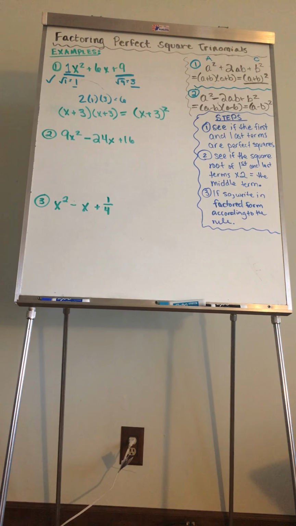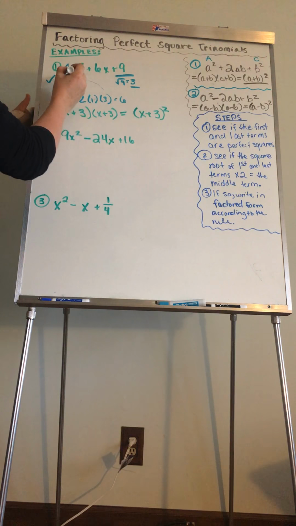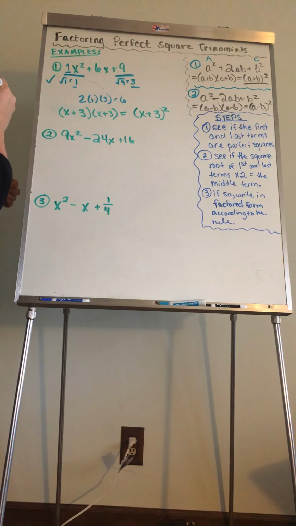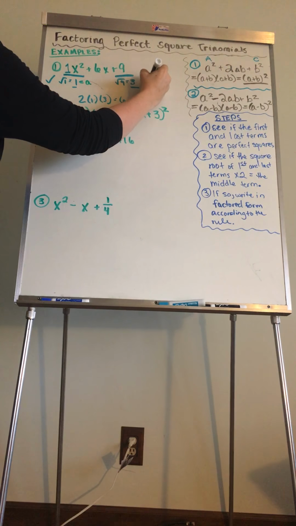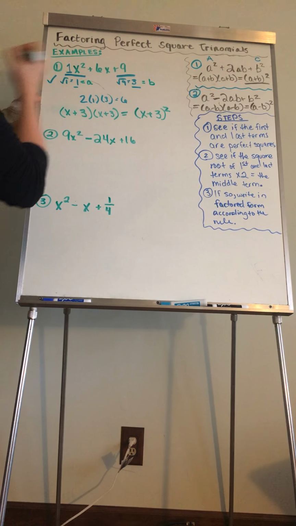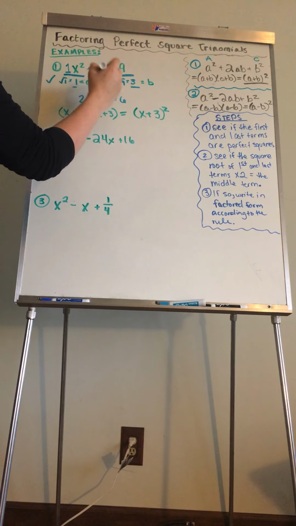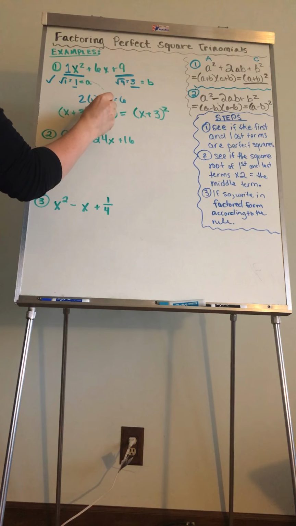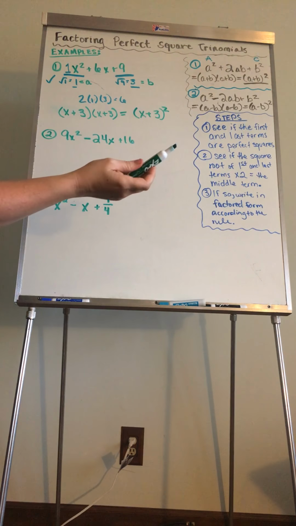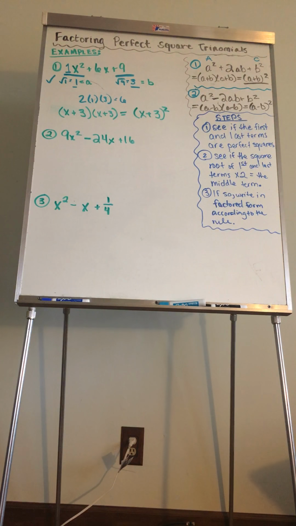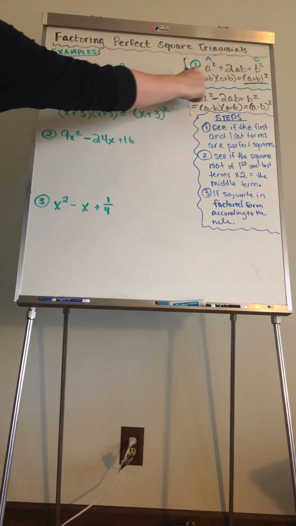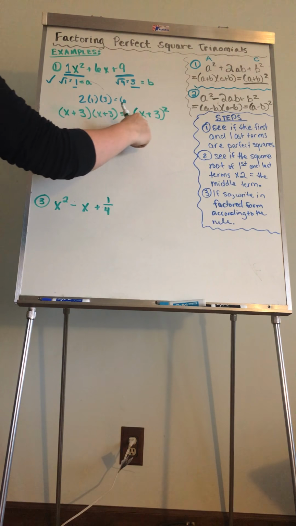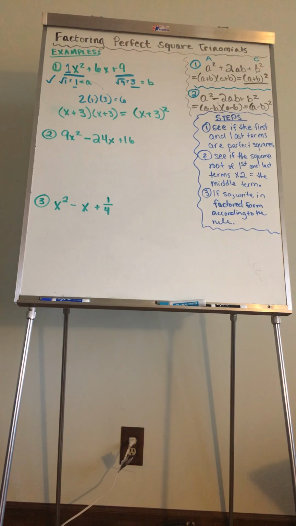All right, so again, let's go back over this one problem. So my first step is I see if the first and the last terms are perfect squares. Then I take the square root. This becomes my a term, this becomes my b, okay? Right? So then I see if 2 times a times b, which is 2 times 1 times 3, equals 6. It does, so I know it's a perfect square trinomial. Then it factors into this, a plus b, right? A plus b times a plus b, or a plus b squared. Okay, so